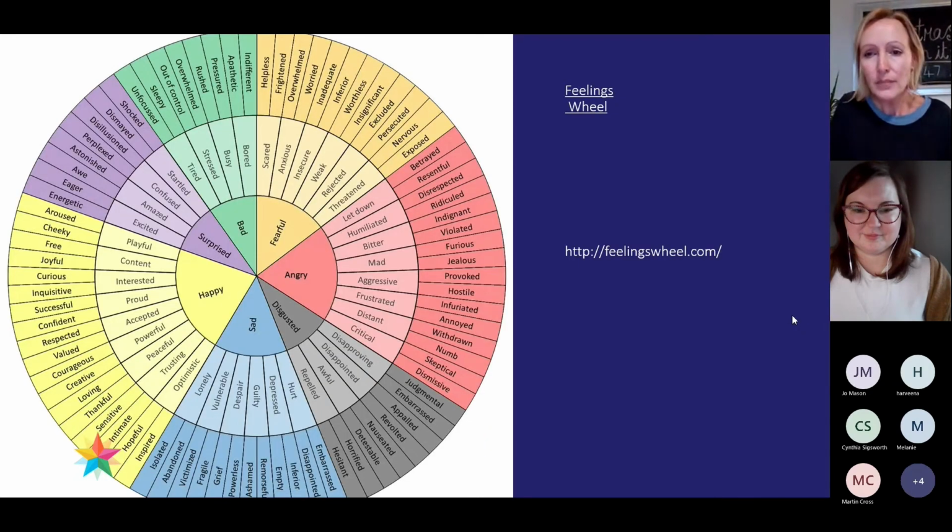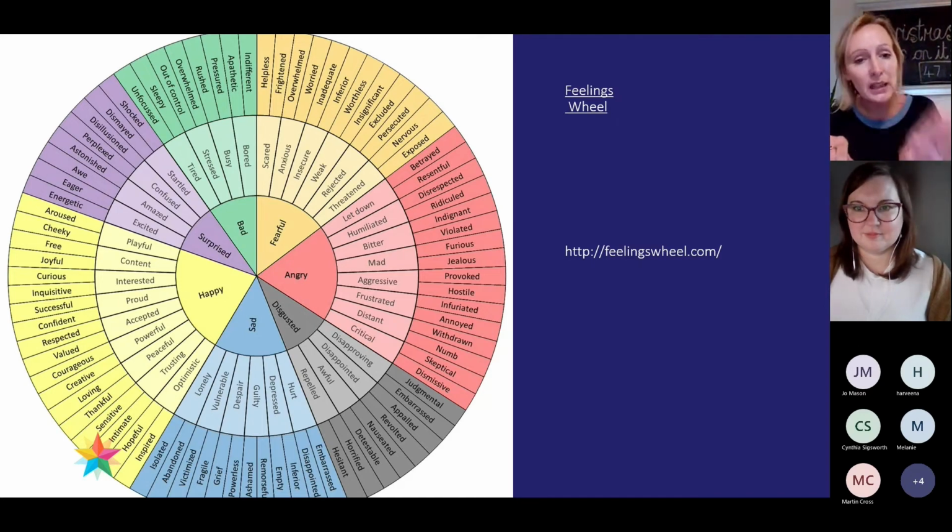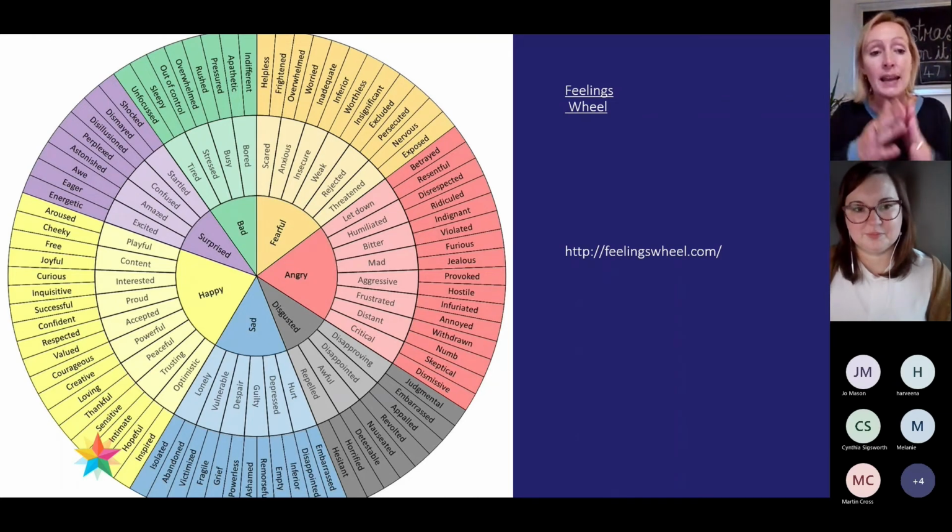valuable. And to help you with that, pop over and have a look at the feelings wheel. If you haven't already spotted this resource, it's so helpful. It was actually designed for some psychology research that was happening. But we use it a lot in English teaching because it's so helpful to give us the nuance of meaning within different emotions. So you've got the key emotions around the middle, and then as you move out, they sort of become more and more nuanced.